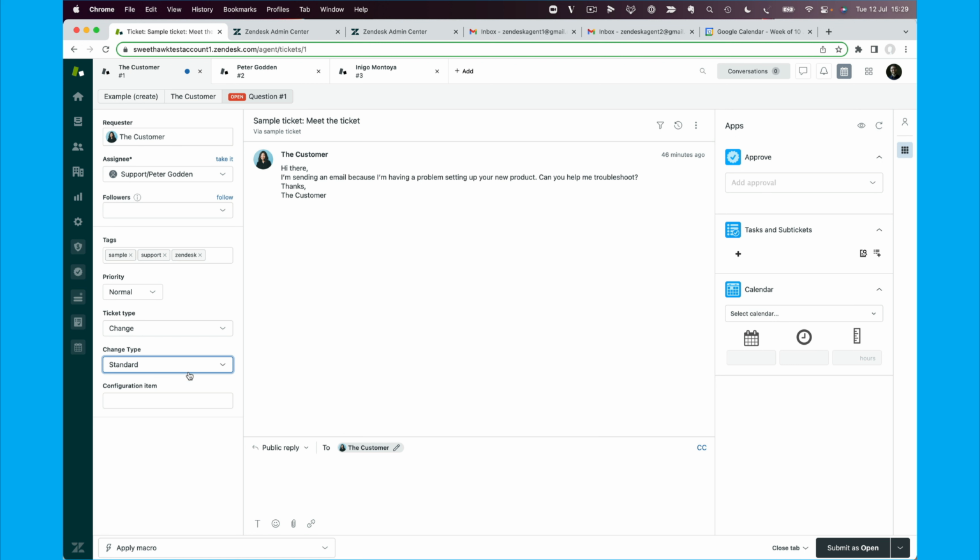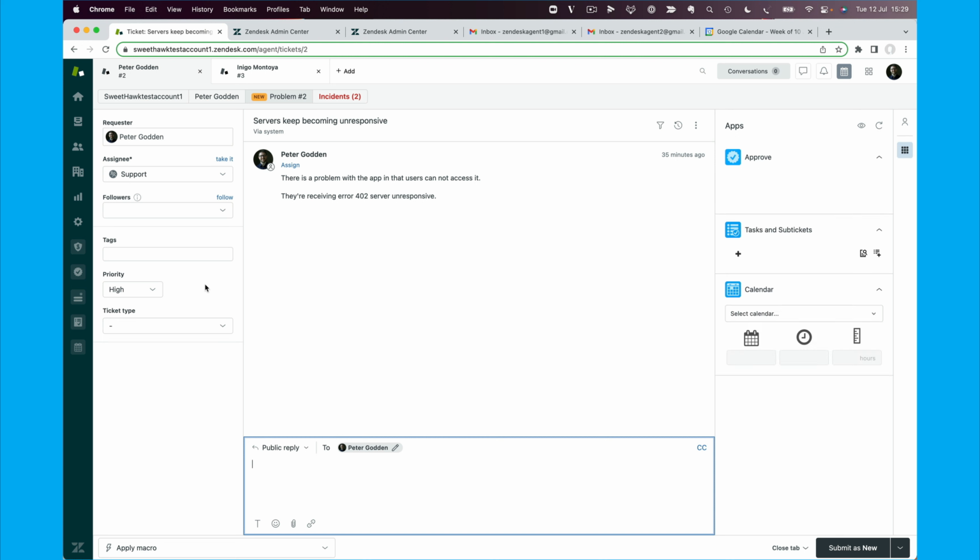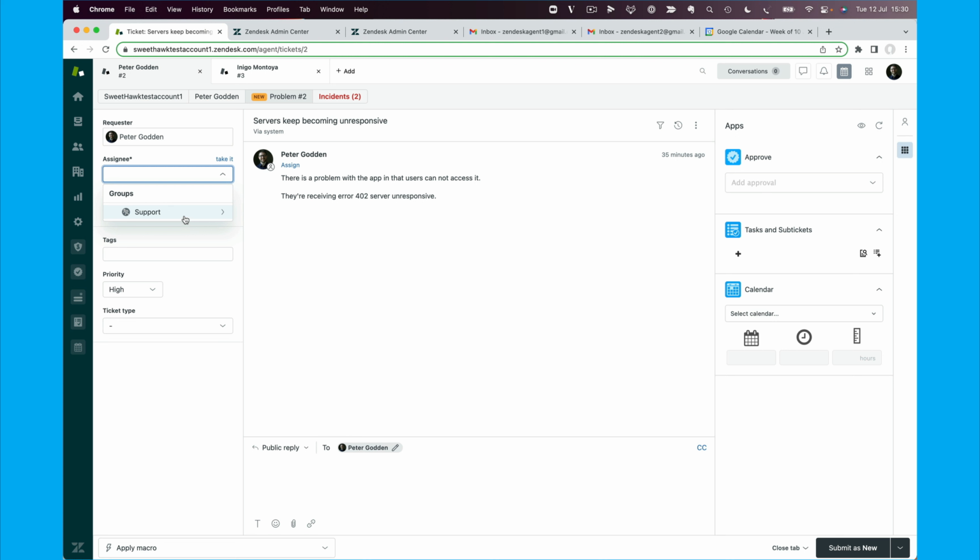Next, we'll move to the next step in the flow, which will be the tasks app. So coming back to our problem ticket here, with our problem ticket, we're going to be wanting to spin off a change ticket for the change managers department to be able to do. So this is where we can, firstly, to be able to assign it to a different group, the change group, or the change managers, we'll actually have to create the group inside of